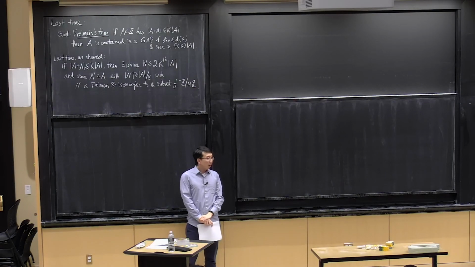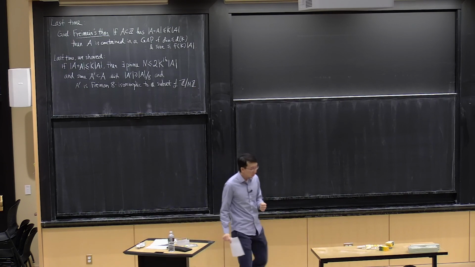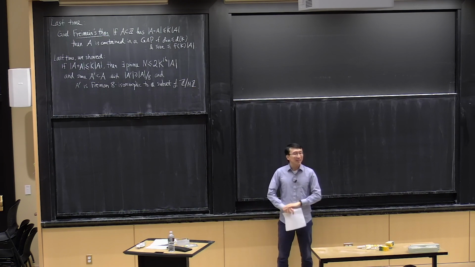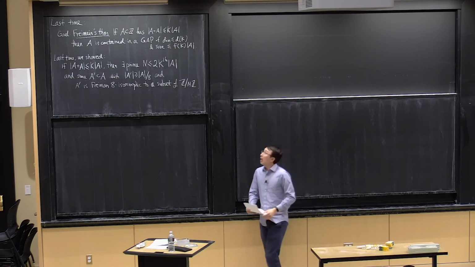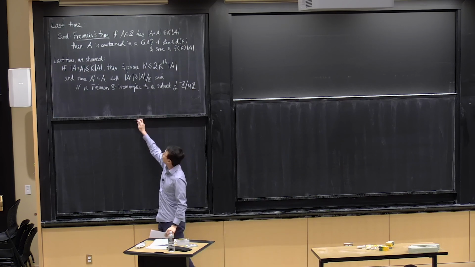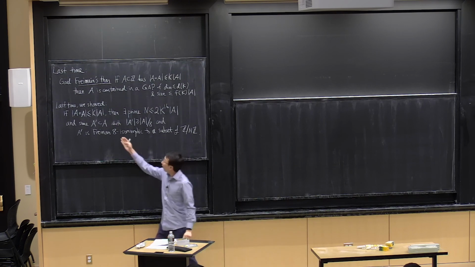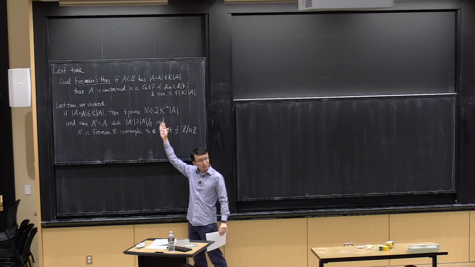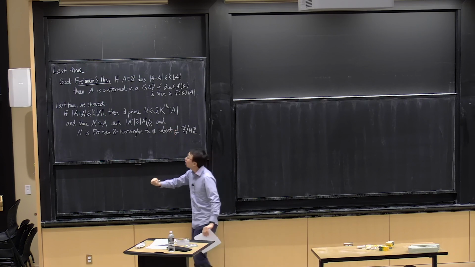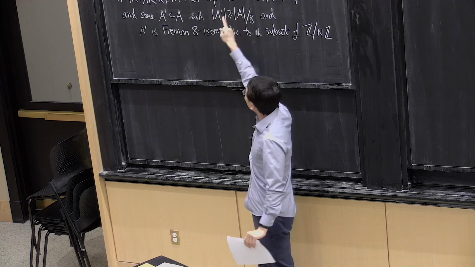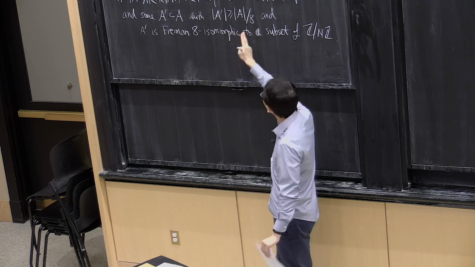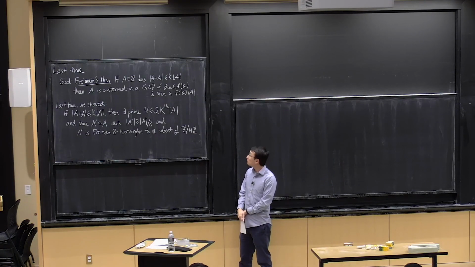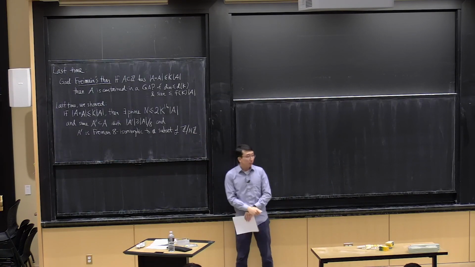Okay, we are still on our journey to proving Freiman's theorem. We've been looking at some tools for analyzing sets of small doubling. And last time we showed the following result: if A has small doubling, then there exists a prime that's not too much bigger than A, such that a big subset of A, of at least 1/8 proportion, is Freiman 8-isomorphic to a subset of this small cyclic group.